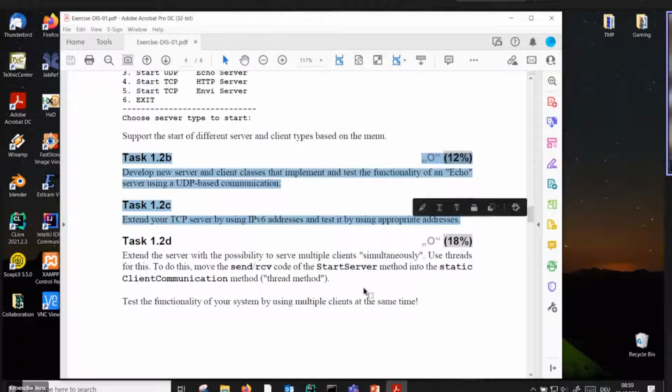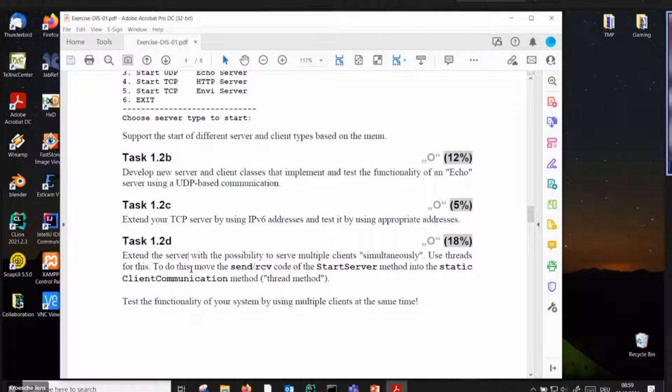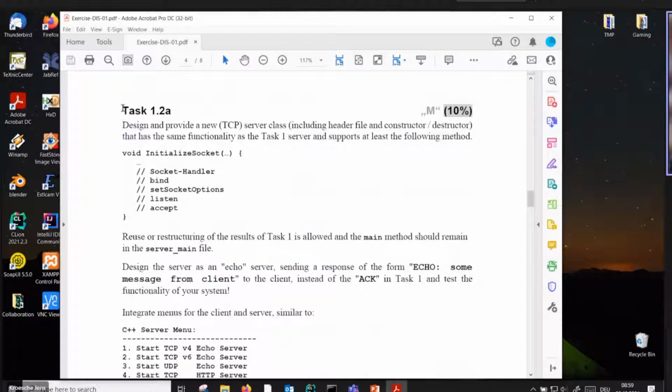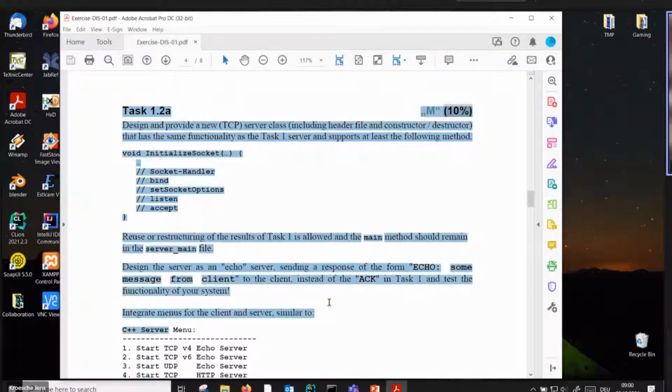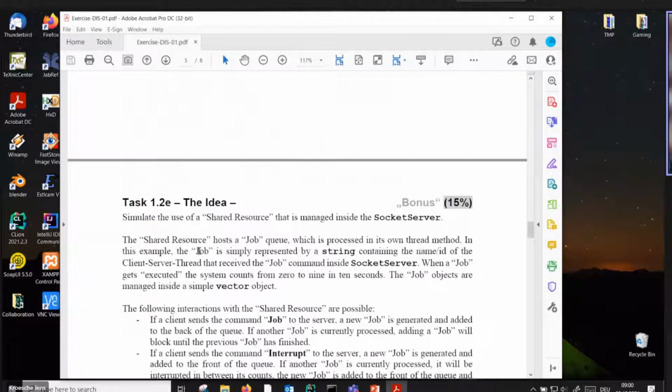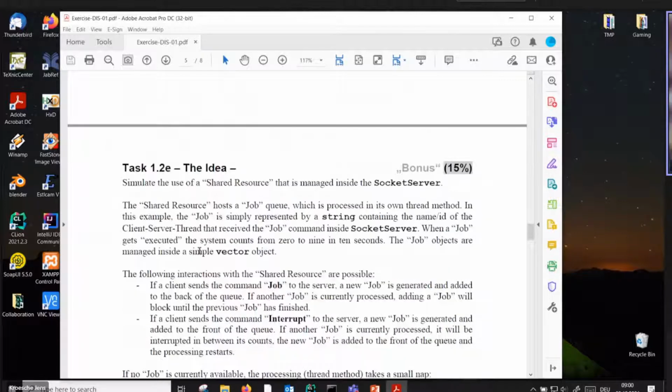Of course, if you already played around with sockets, then you should try out everything. And if you still have time, try to solve UDP and TCP as well. But today, everyone should be capable of solving 1.2a. That's definitely a thing. If you trail that too much behind, then everything else will go on top. As you can see,